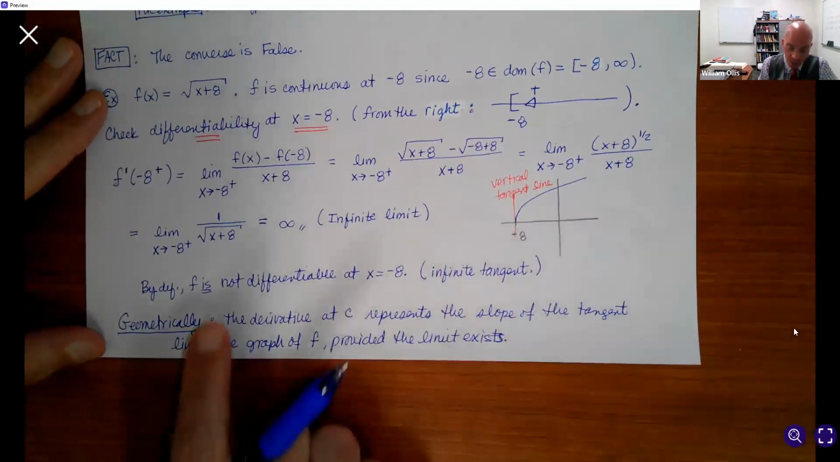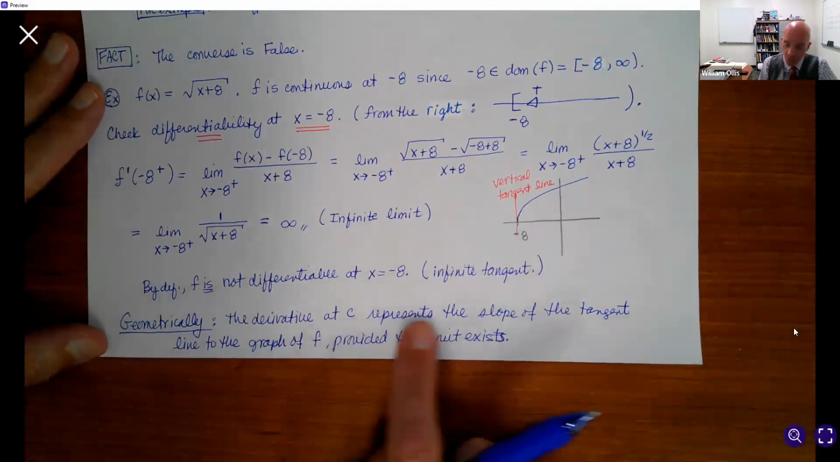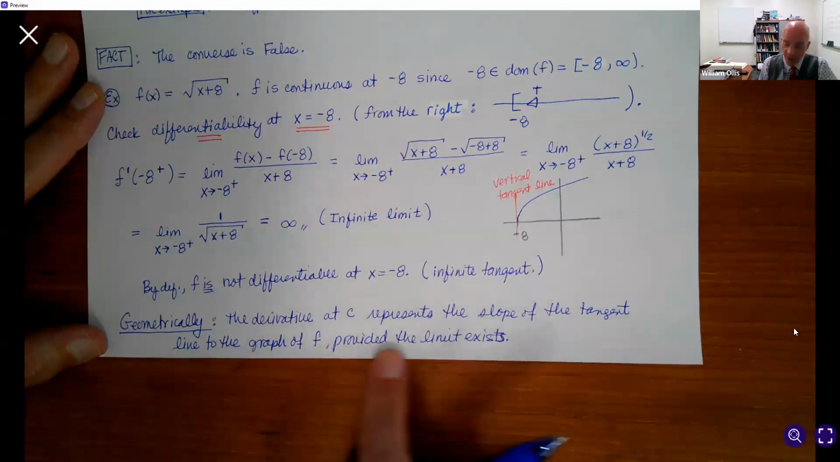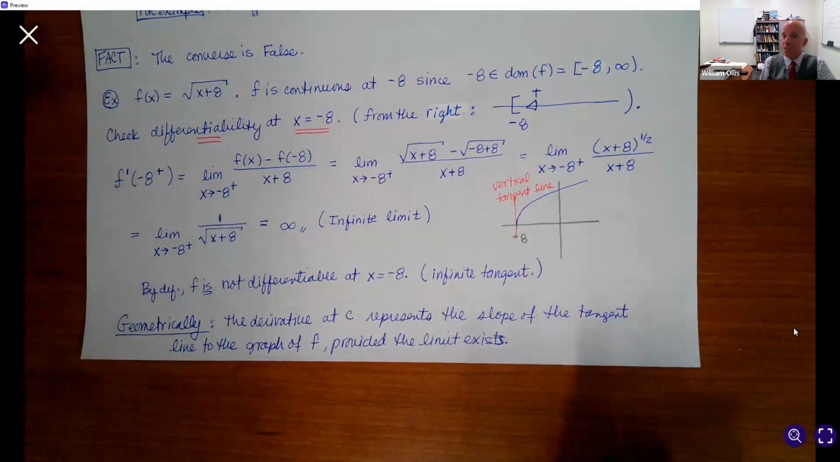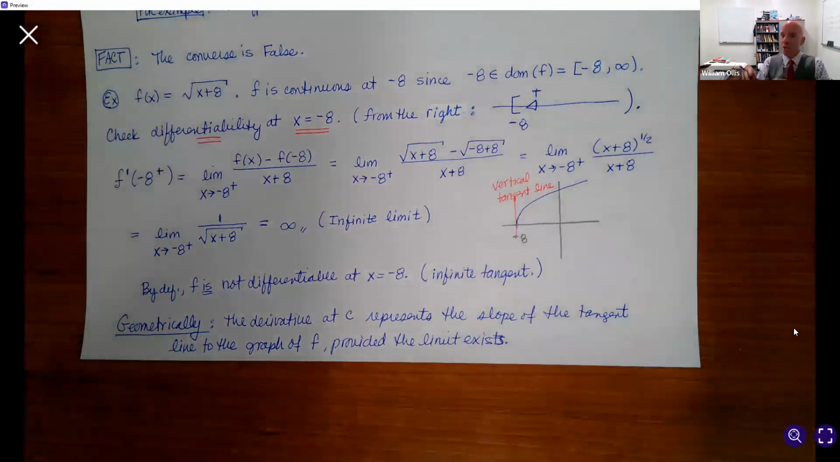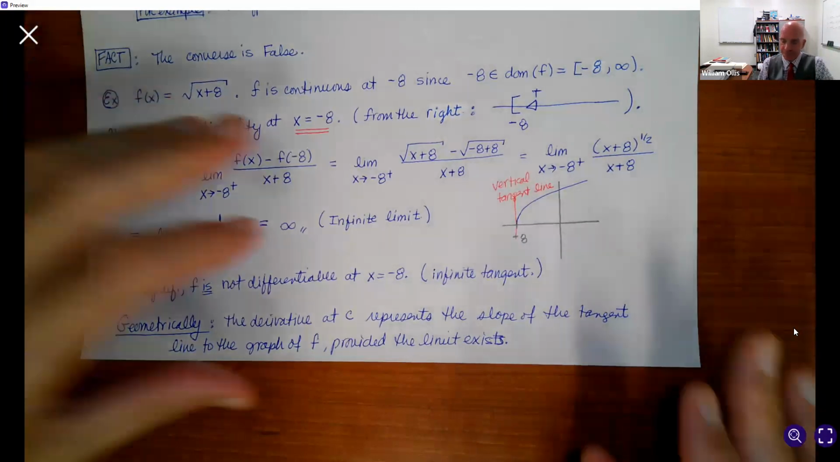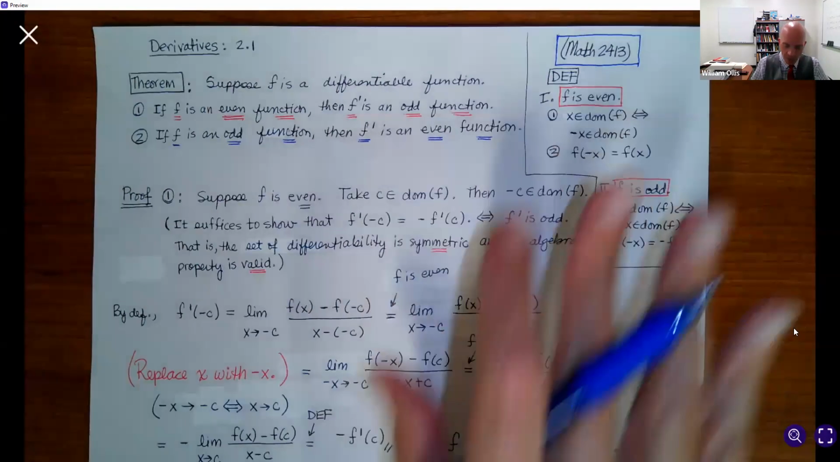Now notice here, F is not differentiable at -8. And then I wrote this again. The derivative at C represents the slope of the tangent line to the graph of F, provided the limit exists. I can't say that enough. Geometric intuition is important. And we want to be able to classify the arithmetic that we compute geometrically, because that is important to us. Now, there's a very interesting result here that I want to give you, and we'll do another computation. But this is something I always share with my calculus students, and I always come up with a different proof